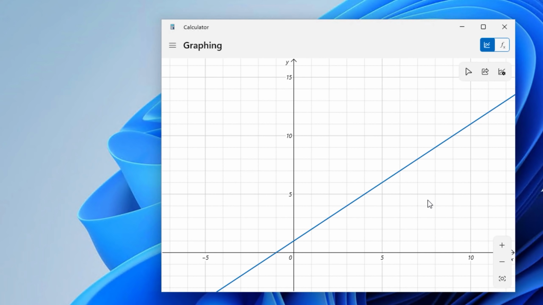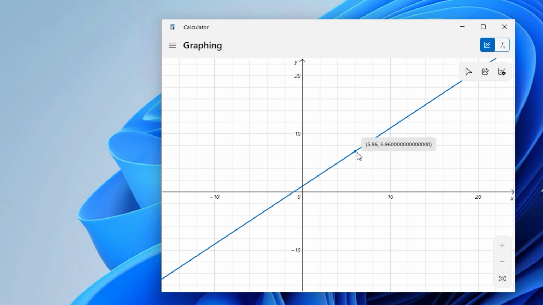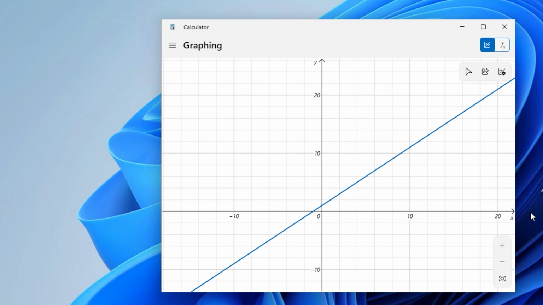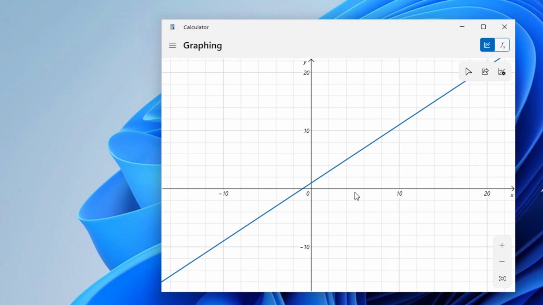So if you are a programmer and you know how to write in C#, which I believe is what a lot of .NET Microsoft stuff is based off of, then you can go on. If you want to add a feature, you can make a pull request.